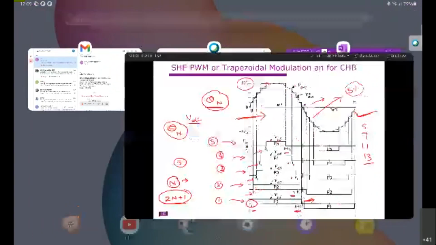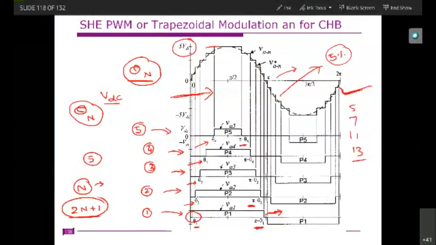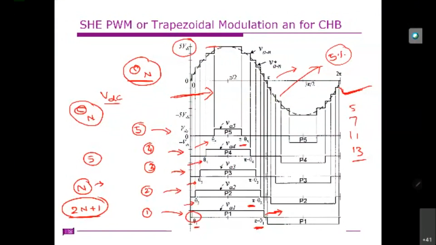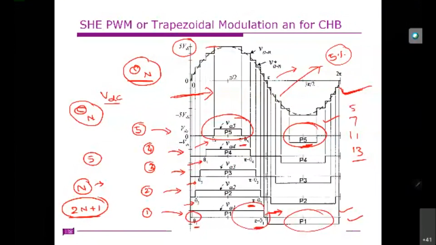Right, so we already discussed that the power is not uniform. For example, this is the battery, and this battery is conducting for a longer period of time when compared to this one. That means this one is overutilized, and this P5, the power that produces this pulse, is the outer cascaded H bridge 5, which is underutilized. It is drawing less power when compared to this one. Therefore, to equalize that, as we discussed in previous classes,